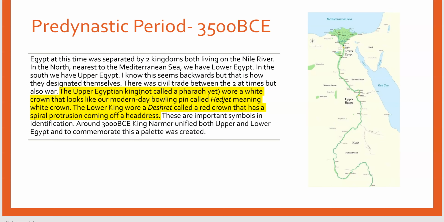So the pre-dynastic period, this is a time where Egypt is not unified. We have Lower Egypt in the north and Upper Egypt in the south, and I put that in this map over here, because when you think of it, if you go upriver, you are going up. So Upper Egypt is up the river, and it's draining out into the Mediterranean, so it makes sense to call this Lower and this Upper Egypt, and the land of Kush, and that's actually even another tribe itself at this time too. But they trade with each other, they do war with each other, but you basically have two very similar peoples using the Nile as a life source.